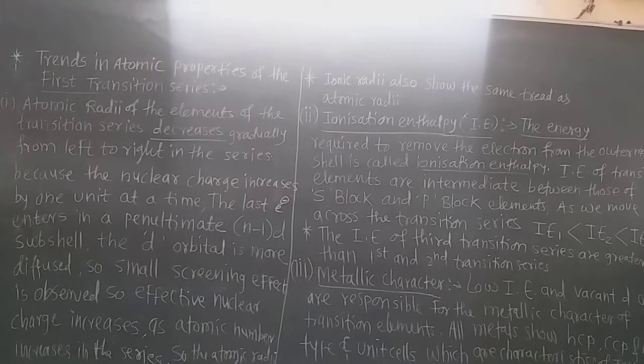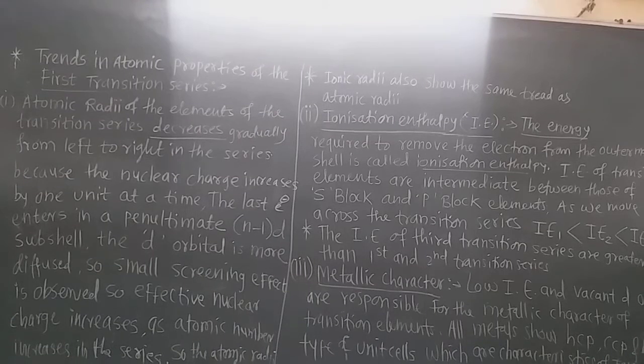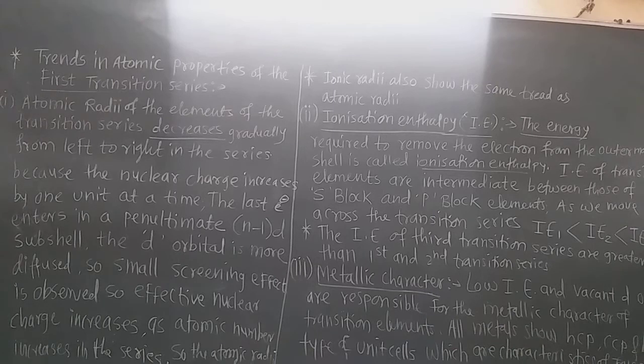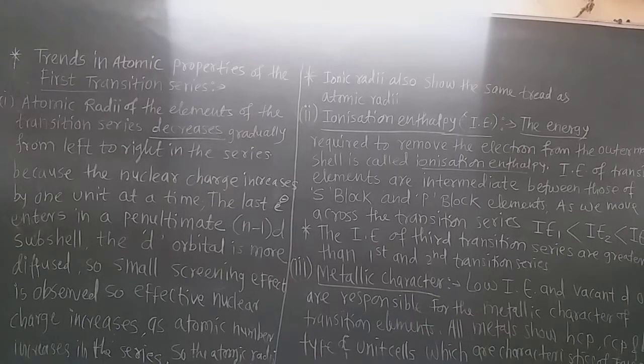Now these are the transition elements. So, gradual change in the properties of the transition elements, that is, in the group from top to bottom or in a series from left to right. Series, you know, periods. But we have only the series. We have to study the d block elements, that is the transition elements.